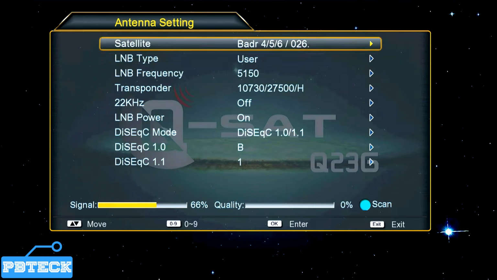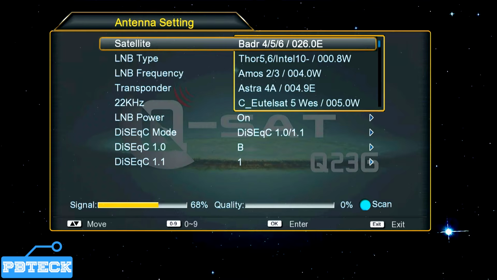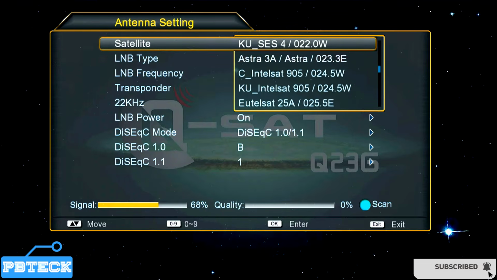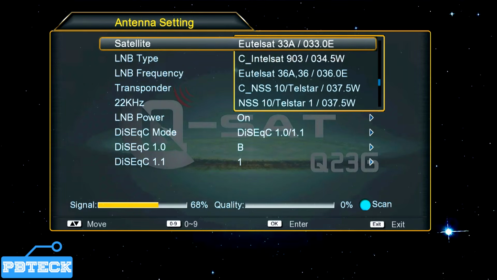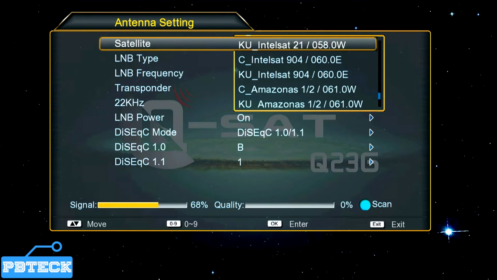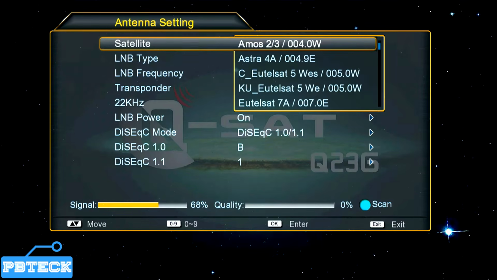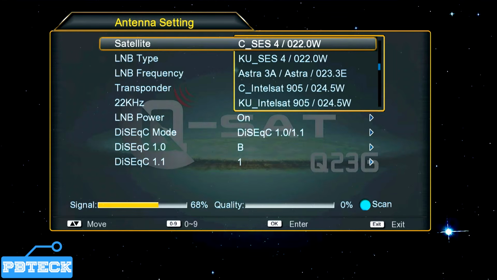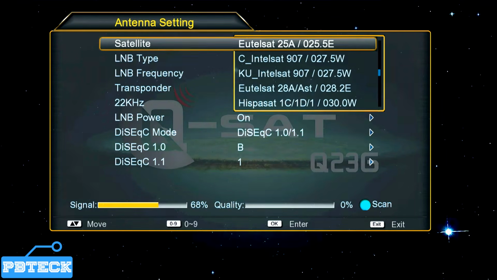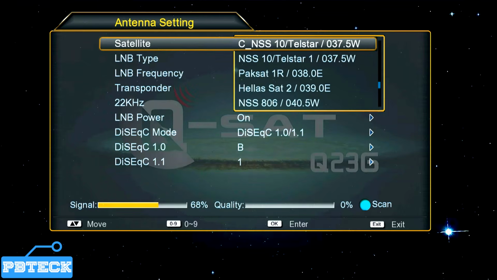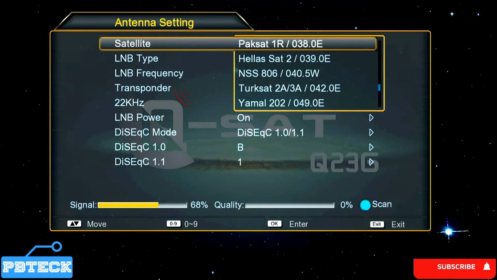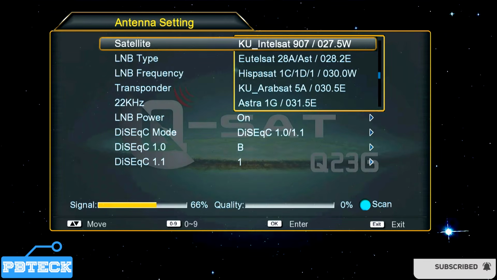You press OK on the satellite option, and in this tutorial I'll be using Astra 2A2B to illustrate how you can go about any kind of FTA satellite channel installation on your Qsat decoder. But the main satellite is not in this satellite list, so we have to find a different satellite folder, or we can create a new one and then add a TP. So we're going to select a nearby satellite folder, or any satellite folder at all, and proceed with it. Let's select Astra 3A over here,